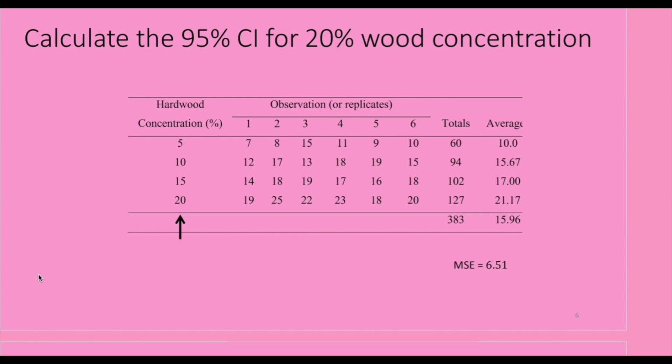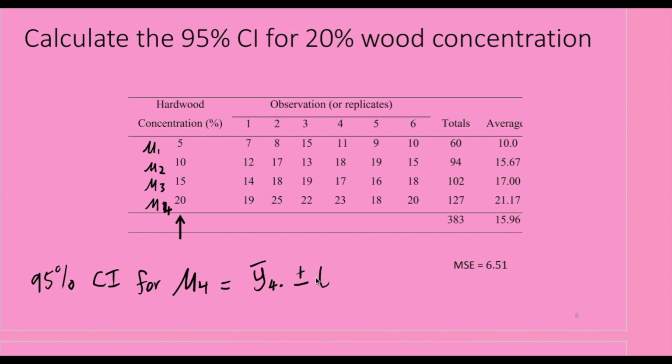So we have a 95% confidence interval for 20% wood concentration. So the 20% would be mu 4. This is mu 1, this is mu 2, mu 3, mu 4. Okay, clear? And the formula is y bar i dot, right? So because this is mu 4, I'm going to write it as 4 dot. Remember, plus minus t alpha over 2. So what is your alpha? 5%. Over 2 would be 0.025,